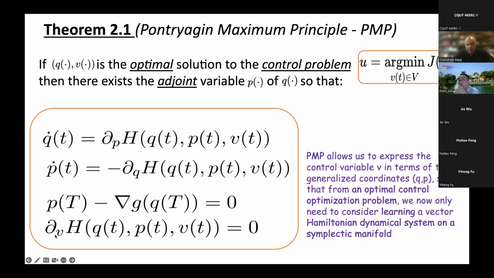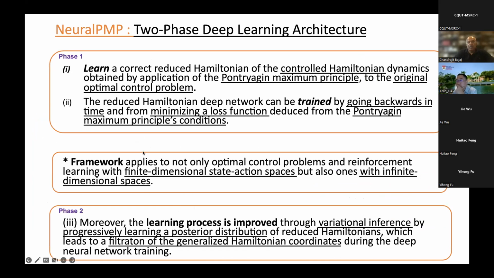And furthermore, of course, over all possible controls, this is a minimizer. So to be optimal, your control path V must be a minimizer of your Hamiltonian. So what we developed then is using this theory, which I'm giving you just a simple version of, a two-phase deep learning architecture called